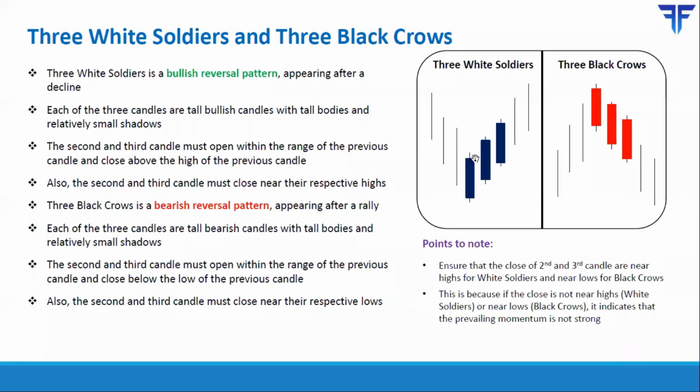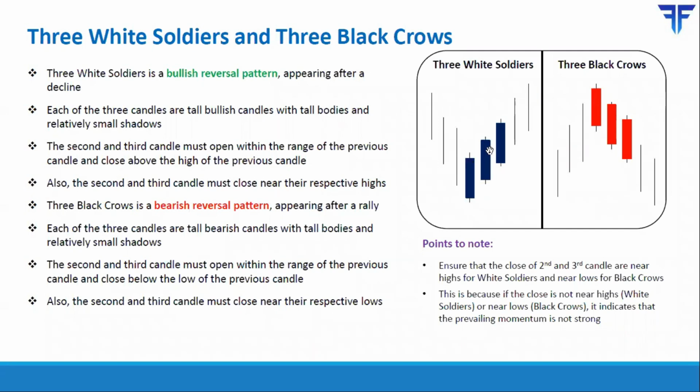above the high of the first candle. Also, the second candle, as you can see over here, should close somewhere near the high of the second candle. Finally, the third candle should open above the low of the second candle and go on to close above the high of the second candle. So you have three progressive long bullish candles, each of which is opening above the prior session low and then going on to close above the prior session high.